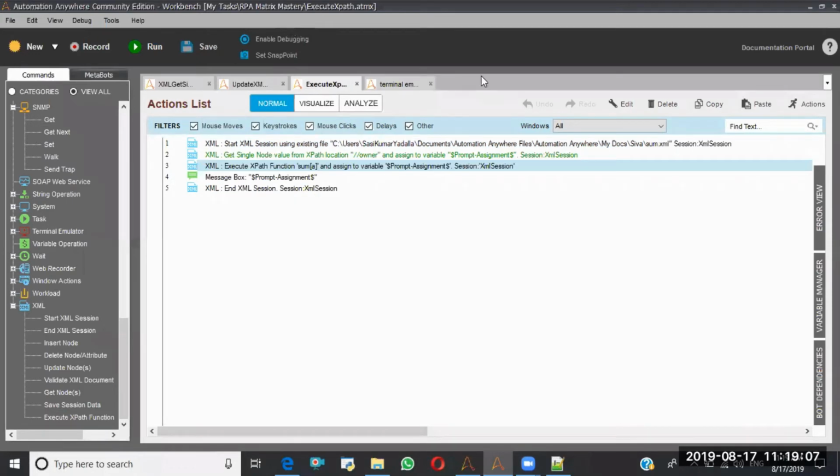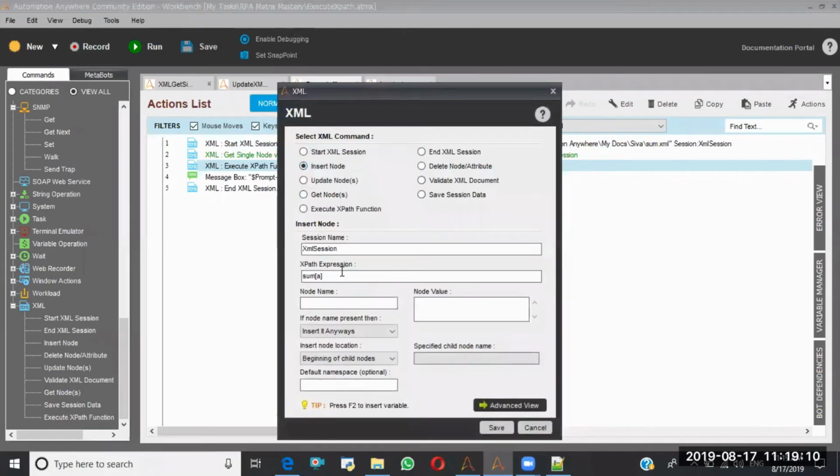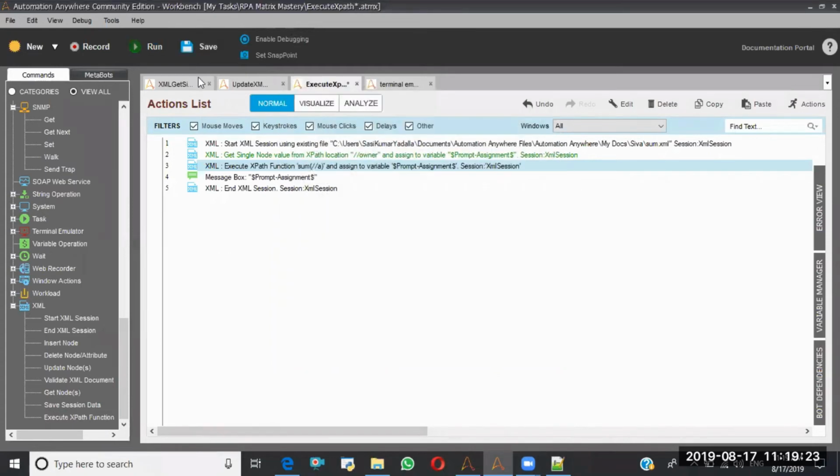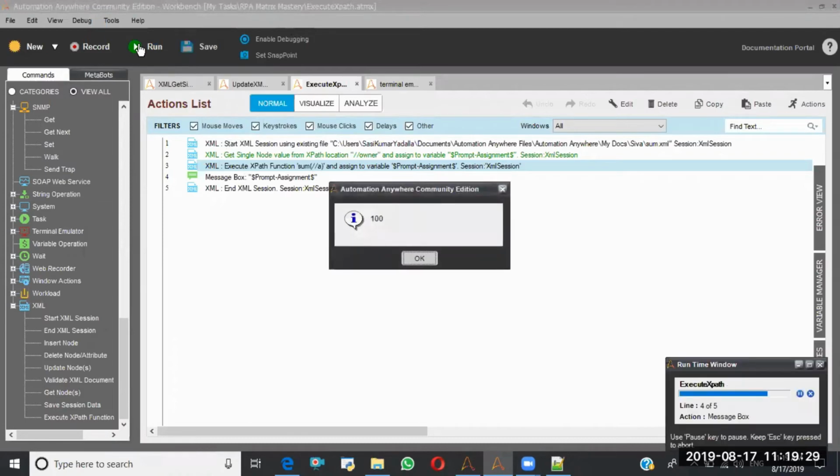Okay, the reason is I have to select these braces. Now the execute XPath function, I am assigning it to prompt assignment. See, it is giving 100.